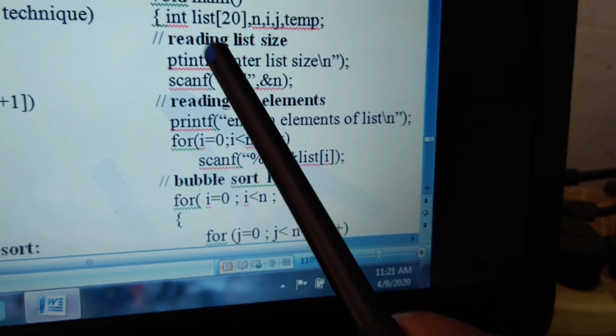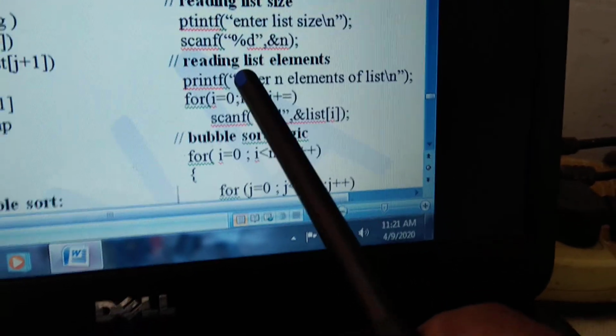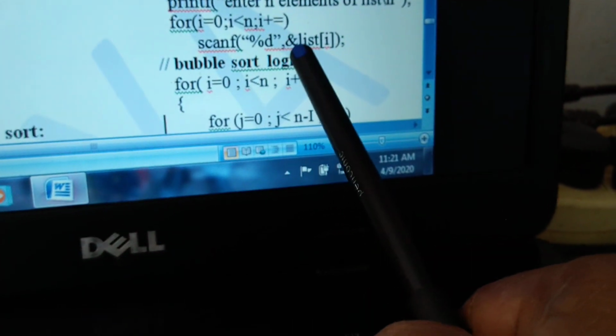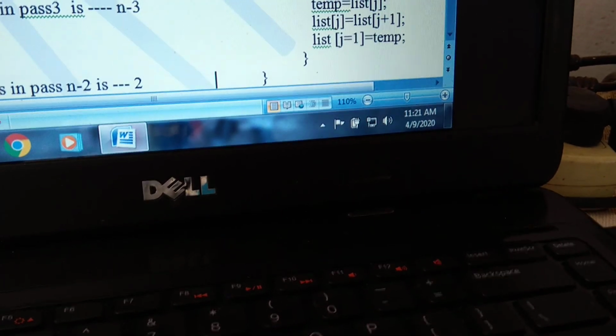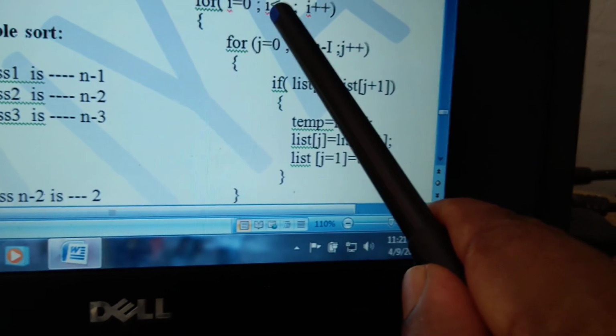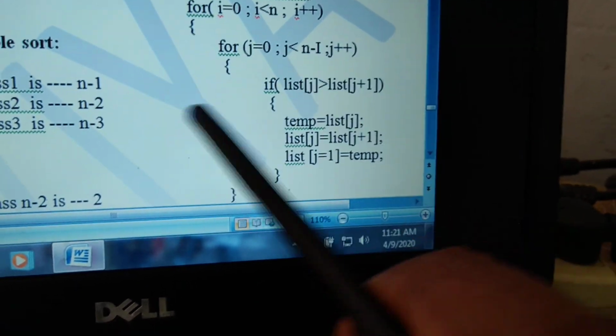The first step in algorithm is read the elements. Already we know how to read the n value. Second step is read list elements. Already we know for loop, within that we write a scanf statement. Next come to the logic. Just we are using two loops. Outer loop for passes, inner loop for arranging the numbers.